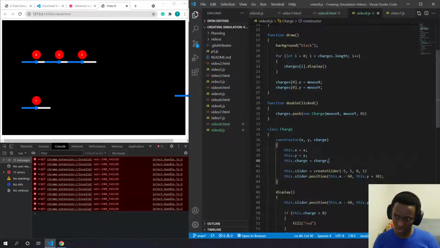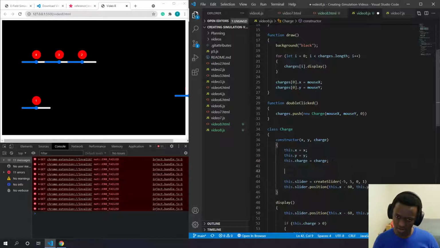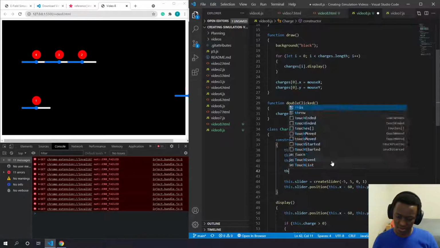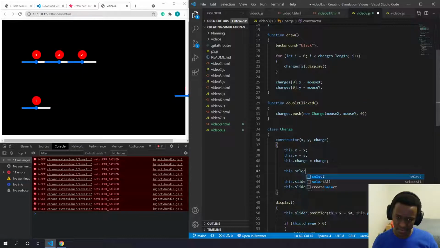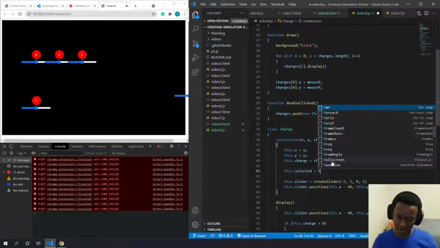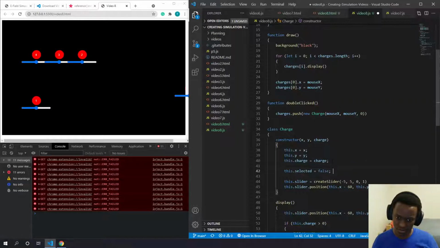I'm going to start out by hiding all of the sliders. I want only one charge to be selectable at a time, and when I say selectable, I just mean I can click on it and the slider will appear. I can also give it a stroke color to show the user which charge they've selected. So I'm going to create another property here called selected,